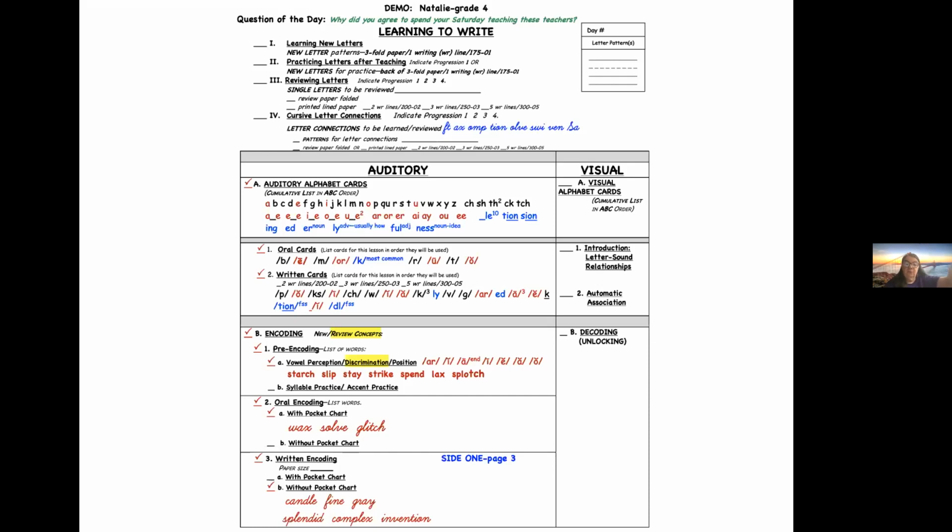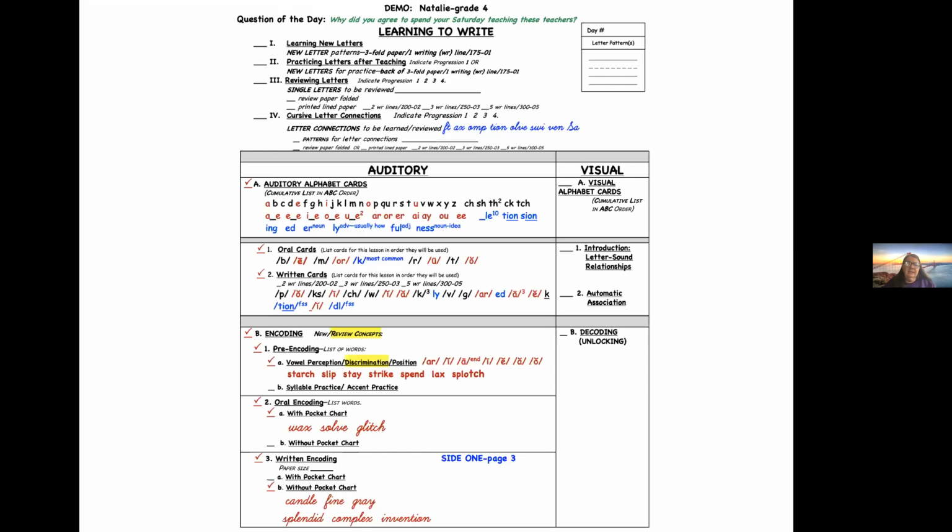Then the visual for them, instead of showing them the card, was writing it on the board. And they were checking to see if they were correct 2 ways. 1, did you spell the sound that I dictated? First of all, and second of all, did you form the letter correctly? And they do both of those kinds of proofreading, and then they trace a name. Remember that part? I do. Thank you. Yeah.